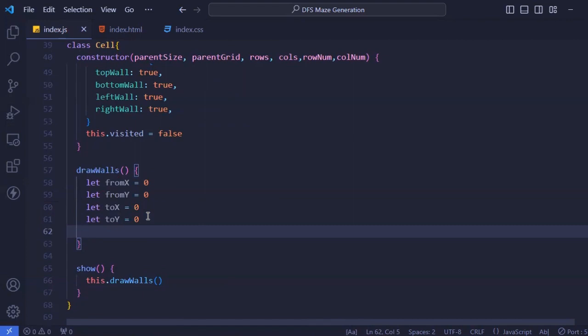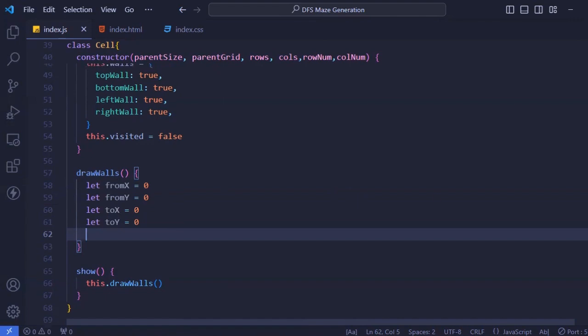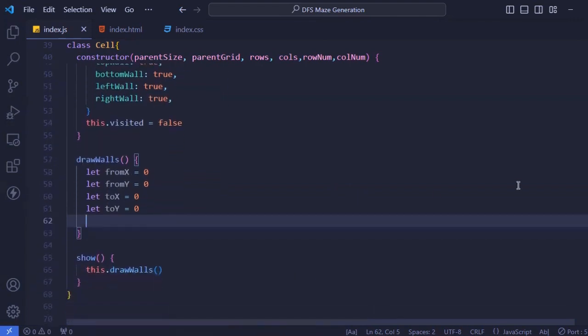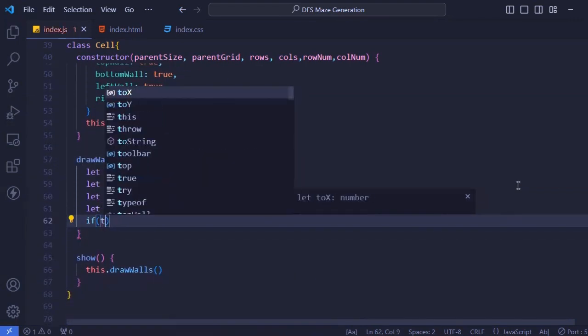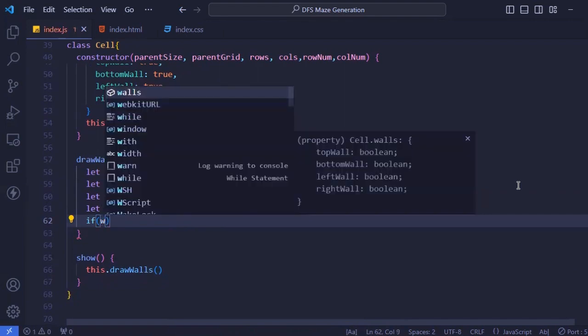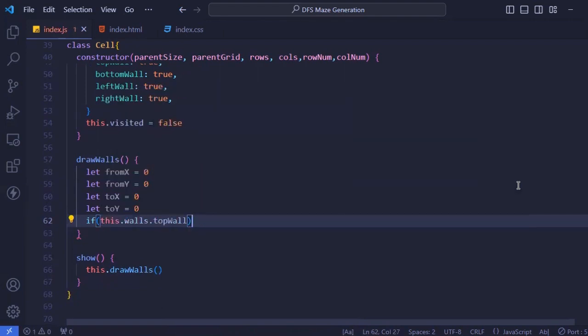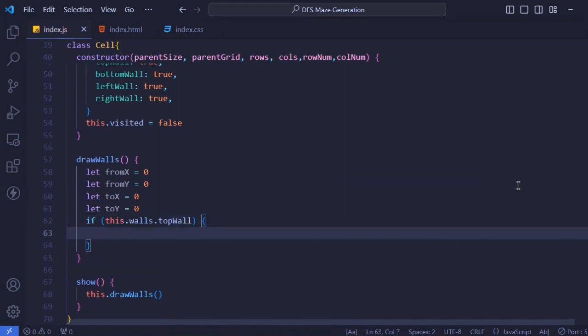Okay, so we're going to go over, first of all, the top wall. We're going to check if walls.topWall. So we're saying if the top wall exists, if the top wall is set to true, we are going to set our fromX